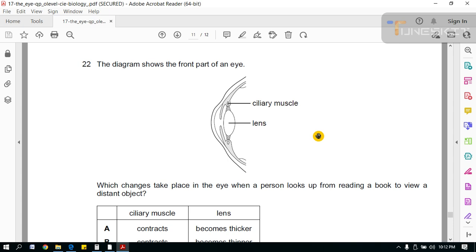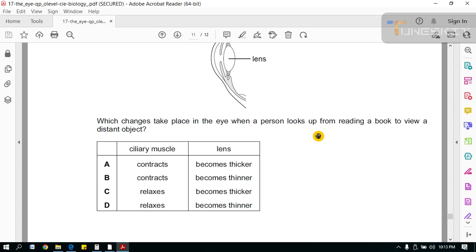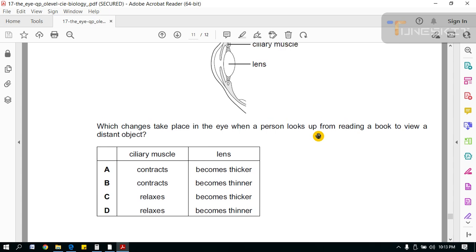Okay, the diagram shows the front part of an eye. Dear students, this diagram shows the front part of an eye: ciliary muscle, lens. Which changes take place in the eye when a person looks up from reading a book to view a distant object? Okay, very simple. Ciliary